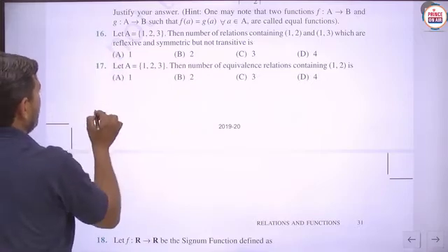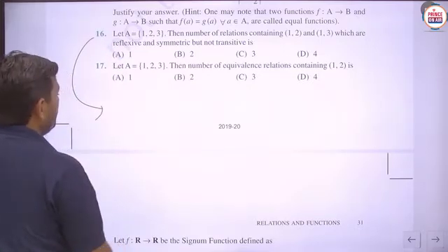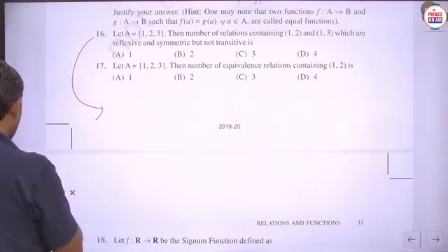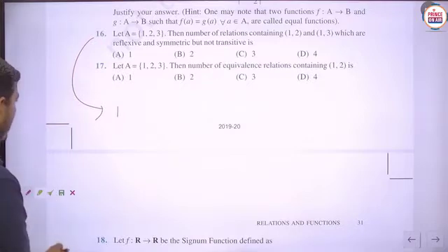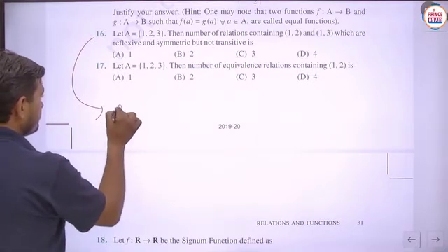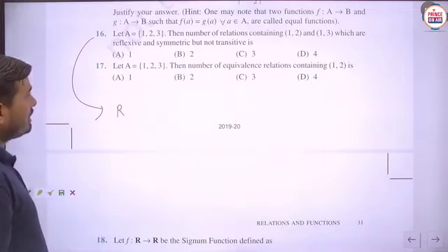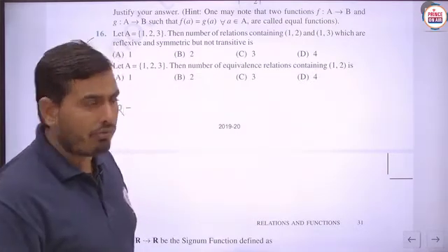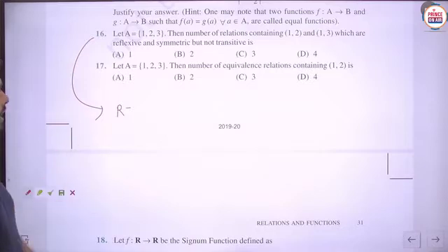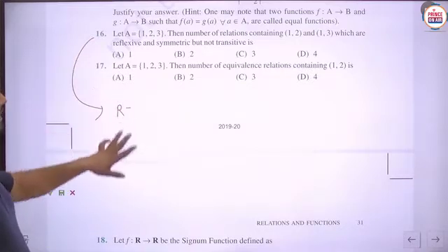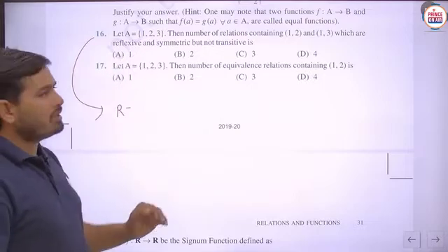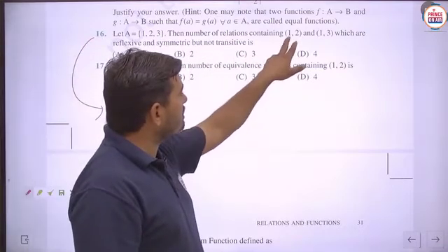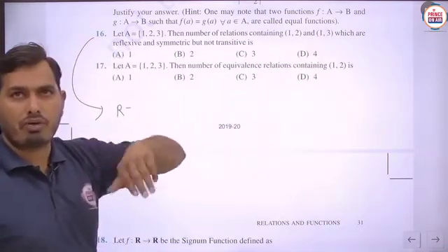So in this question number 16, we are saying that any relation R is said to be reflexive, symmetric but not transitive. Then what will we do? Basically, if any relation is taken here, then for the reflexive nature, for 1, 2, 3 it means (1,1) is to be there, (2,2) is to be there, (3,3) will be there. And it is also given that it contains (1,2) and (1,3).